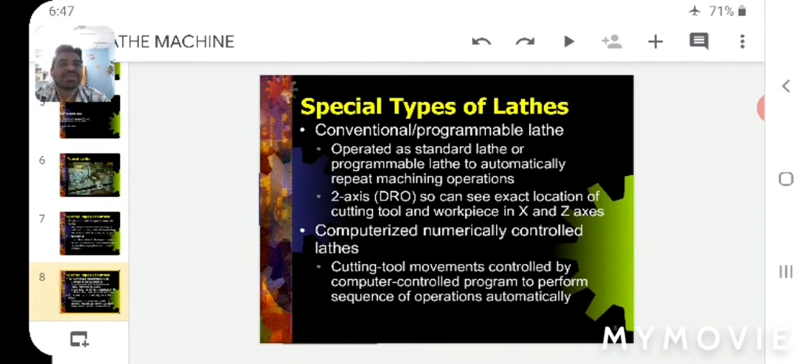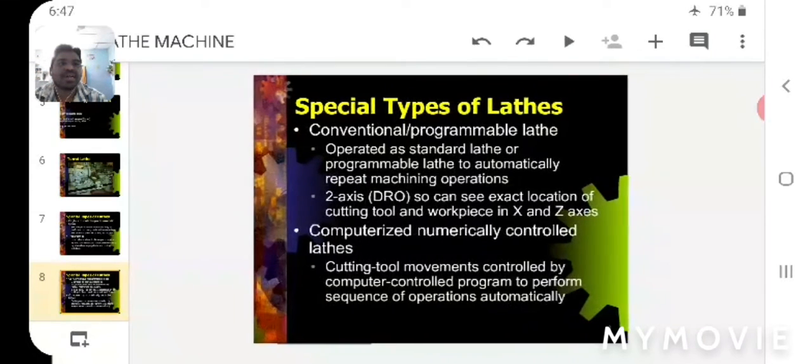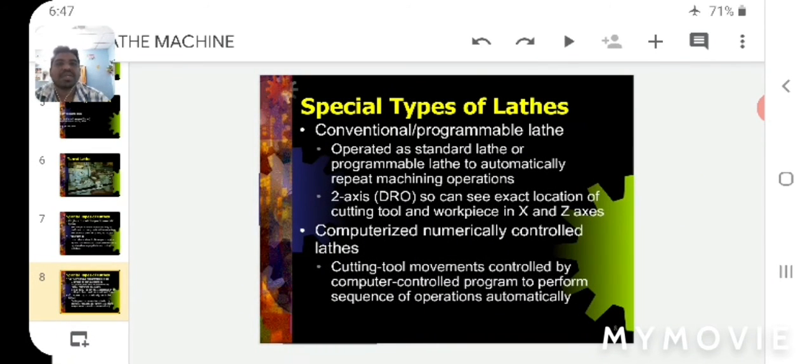So next, the special types of lathes. What are the special types of lathes? Now we will see the conventional programmable lathe, operated as a standard lathe. That is an example of NC. The conventional programmable lathe may be automatic or semi-automatic. Programmable means you have to give the program as an input.